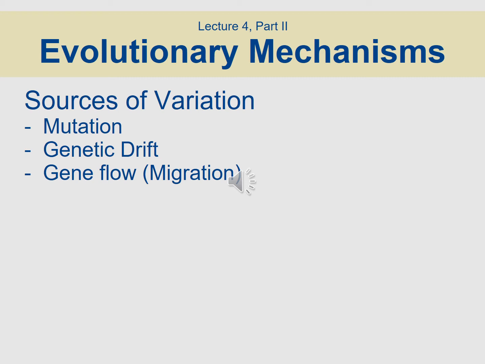The second part of the evolutionary mechanisms module 4 is looking at sources of variation. And this is really the explanations, the how and the why, we observe to explain changes in gene or allele frequencies over time. So we're going to cover things like mutation, genetic drift, and two special cases of genetic drift as well, known as the founder effect and population bottleneck. We'll also cover gene flow, and natural selection is another evolutionary mechanism, but we'll spend a whole other lecture, 4.3,